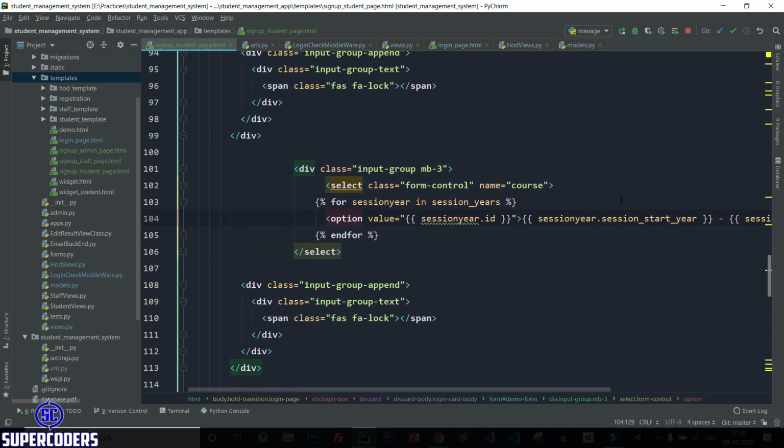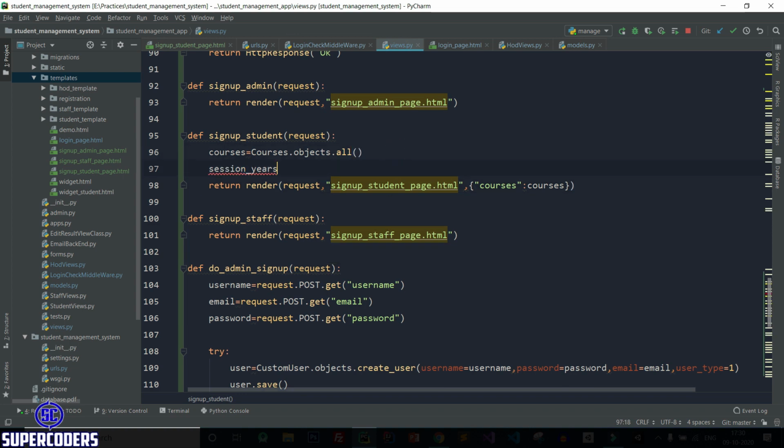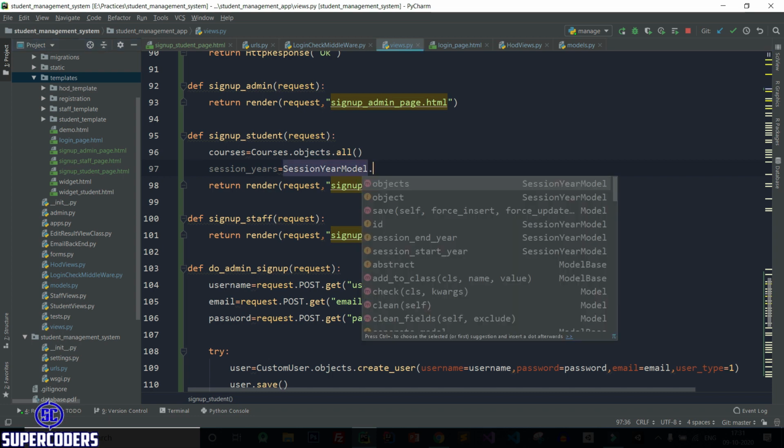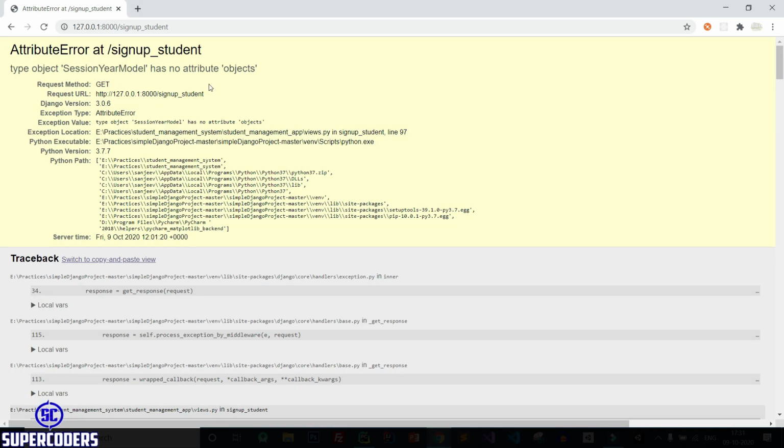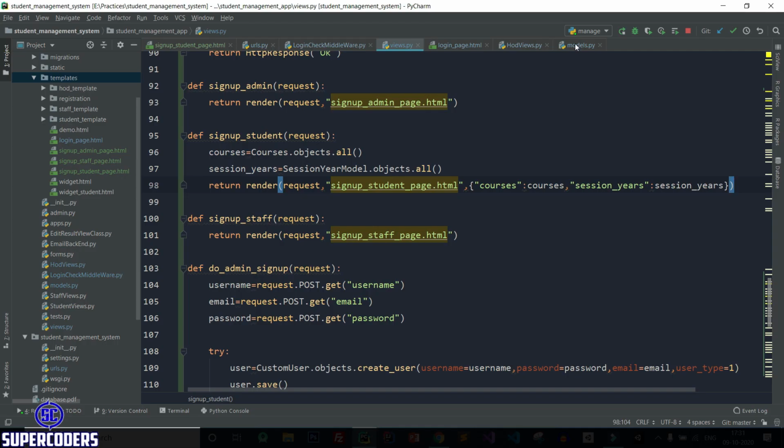Let's pass this session year data from views. So copy this and come to views and here paste it, session year model. Click add plus enter, import it, then objects dot all and pass this data. So again session year and session year. Save it, back to Chrome, refresh page, and it's showing no attribute object, so it should be